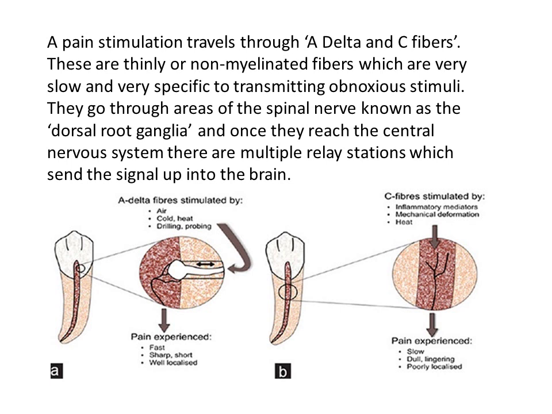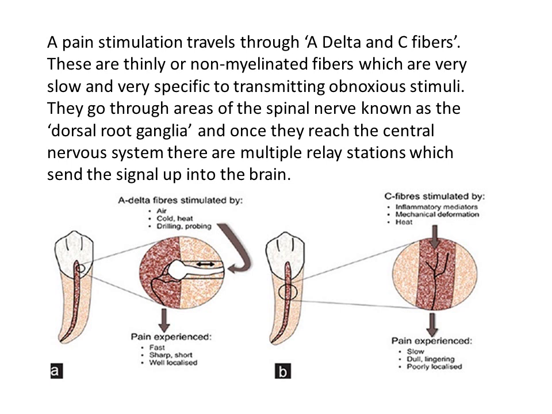What really matters for us is the alpha delta fiber and the C fiber. Most of the alpha delta fibers are present in the coronal portion. They are sensitive to air, cold, heat, drilling, cropping. In the previous slide, we said they are very sensitive. They give you a pain which is fast, sharp, short, well localized. That's why there are a lot of alpha delta fibers in the periodontal ligament, and that's why the pain is more localized.